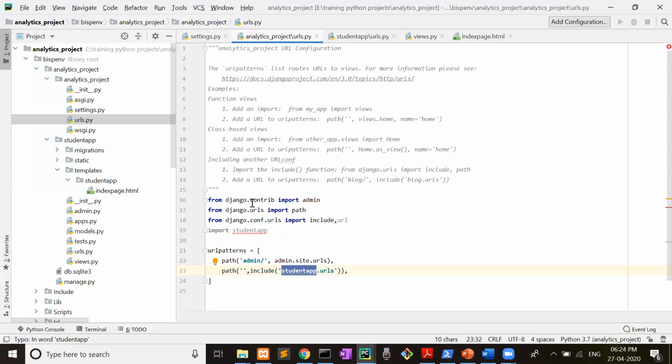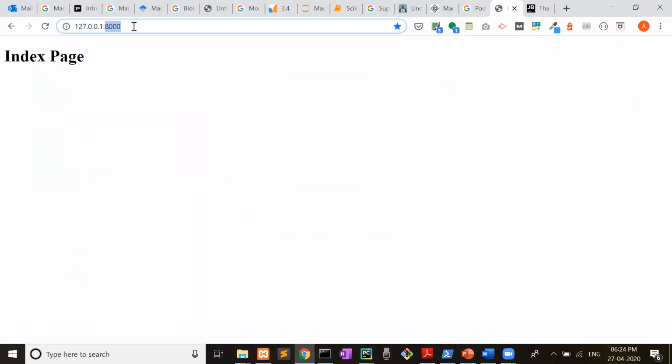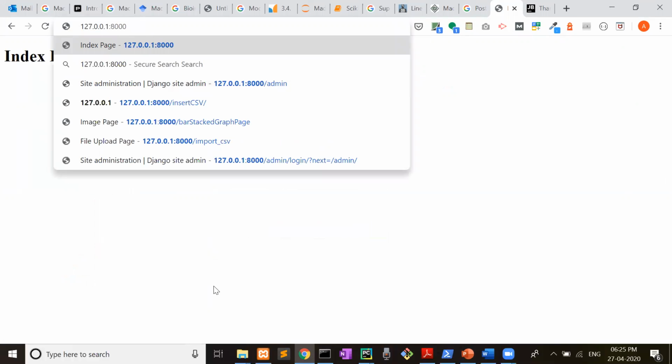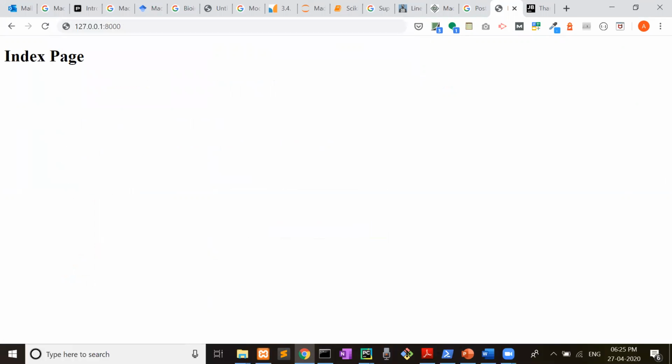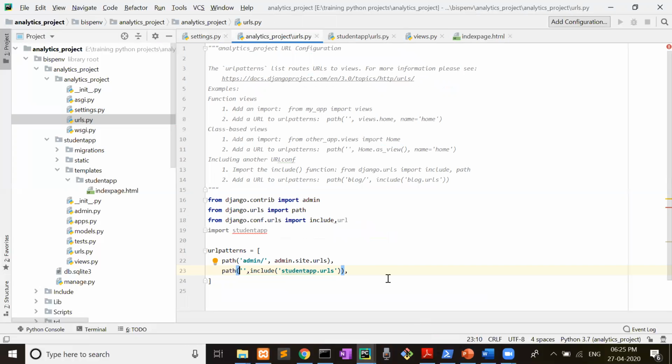See in urls.py, admin slash means it will open the admin page for you. But right now we don't need this. If it is blank in the URL, see after 8000 there is nothing here. So what it will do, it will run this command where it is include student app URL. It will transfer the command to student app.urls.